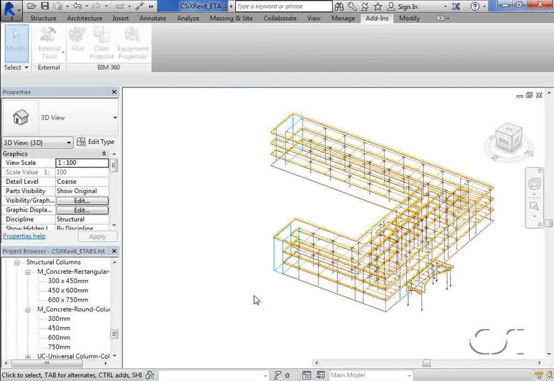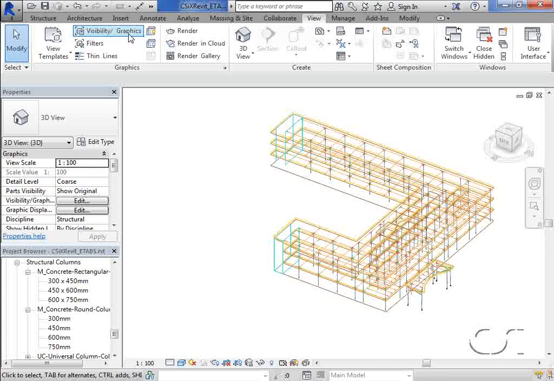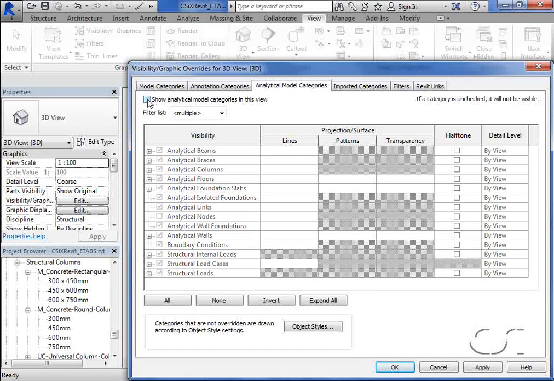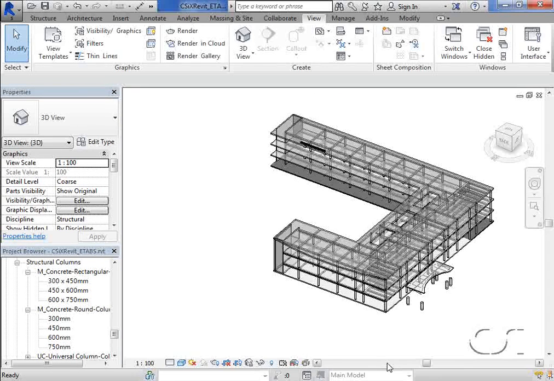With the model updated, we will return to the architectural view. Clicking on our modified column,